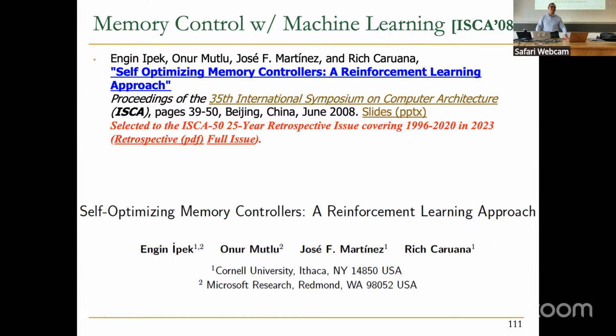How many people know about the Xerox Alto machine? Not many people. So before your time. Don't ask ChatGPT, go read the real history, because ChatGPT may give you the wrong answer. But basically, there was a time when people were designing personal computers in the 1970s. And clearly at that time, there were no personal computers. These people were pioneers in the area. And they actually needed to solve a lot of early problems that not many people have seen. And Chuck Thacker was one of the key architects of this system, including the operating system, virtual machine, etc., and